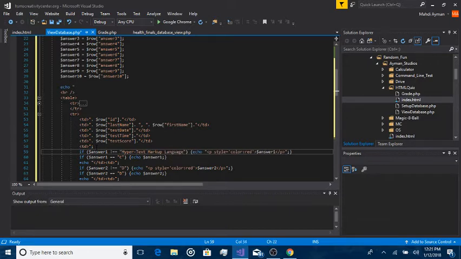So if it does not equal hypertext markup language, write it in green, or write it in red, and you're going to write what they wrote. And then here you're going to go ahead, and if it does equal hypertext markup language, then just write whatever it is they wrote. Then go ahead and close this table data, and then go ahead and open another one, and then close that